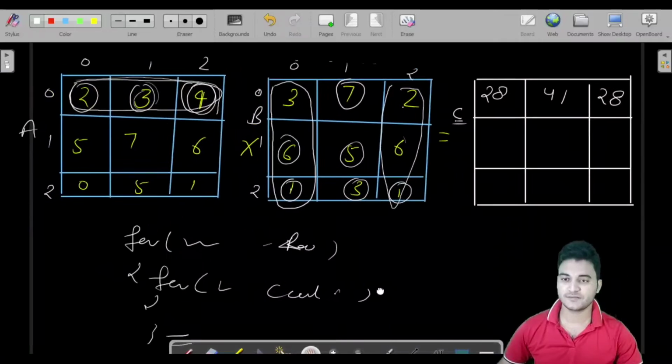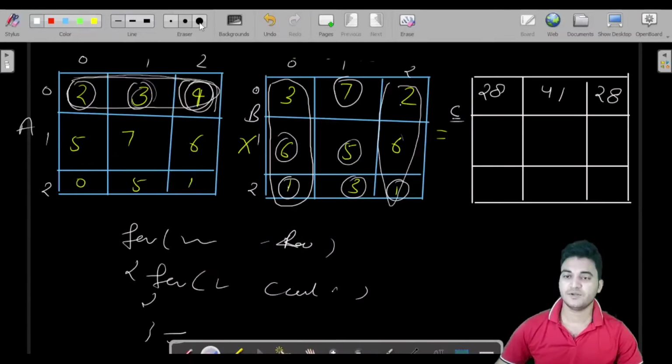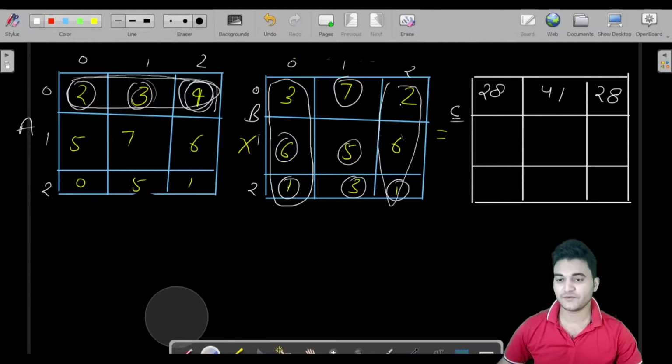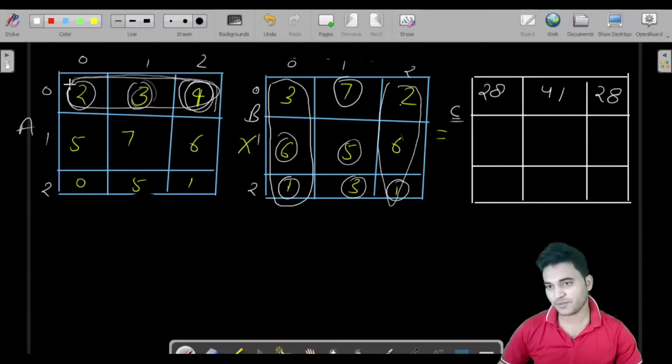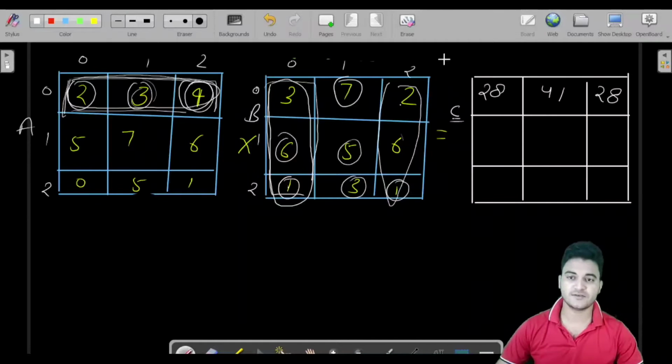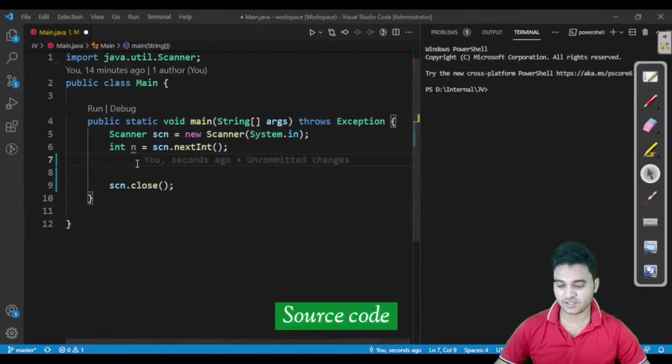What is that? Let me raise this. We would be iterating this matrix, if you remember, for each row and each column. So in the first iteration, we are iterating over this row and this column. Fine. So first of all, let me write the code for iterating this particular matrix, and after that we would come to here. Let us write some code also, so that we stay on track.